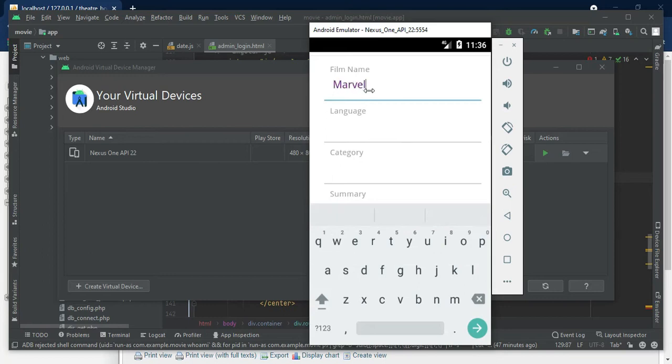Like film name, language, category, and what is the time.